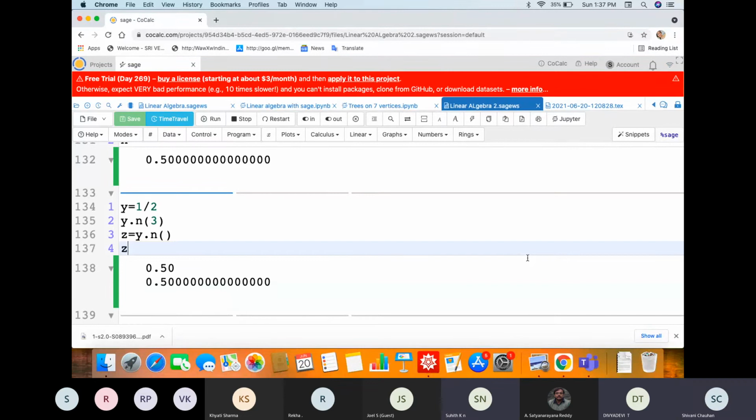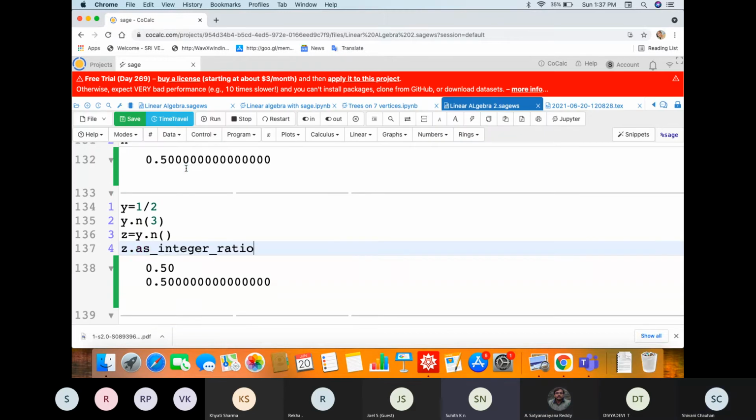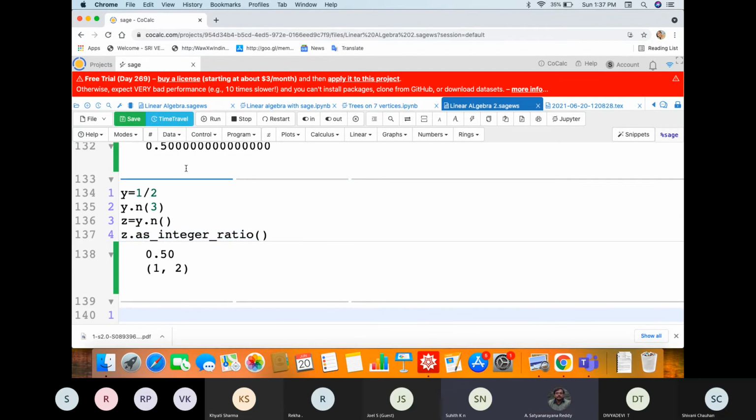Right. That's why. Sir, I found a trick for that, but you don't exactly write 1 by 2. You can type z dot tab. I think there should be as an integer ratio. But it will give us a tuple. Okay, fine, good. That is what we also want. Later we can convert it, we can write a small code, so that we can make A by B. Yeah, some questions look simple, but they are sometimes difficult to convert. Anyhow, we can work out this much more properly.